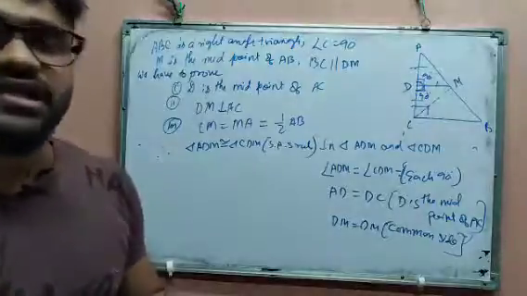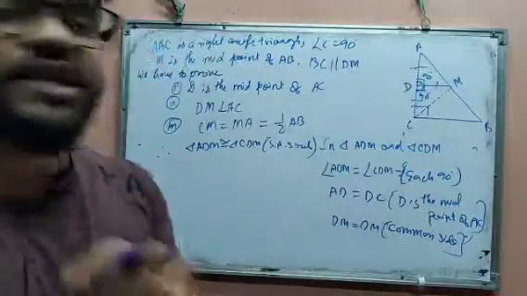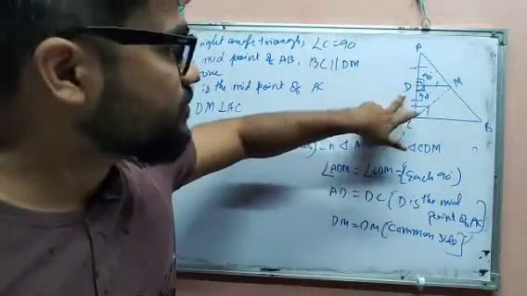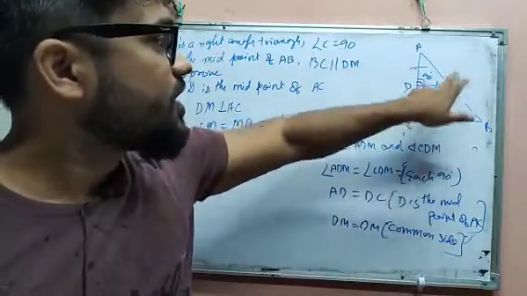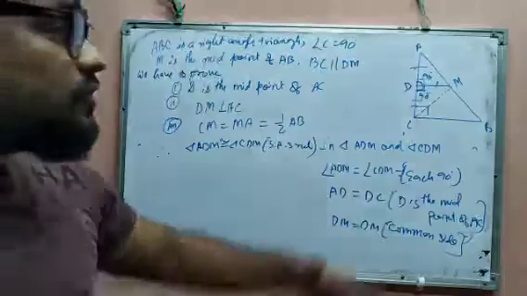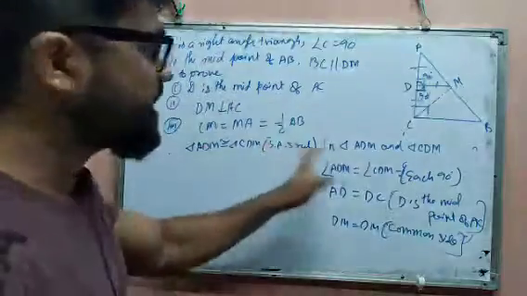Don't get confused. Some of you may ask why we don't apply the right angle hypotenuse side rule. But see, to use the RHS rule, the hypotenuses, that is CM and AM, should already be equal. But now we are going to prove them equal. So we can't use the RHS theorem. We are using the side angle side rule.